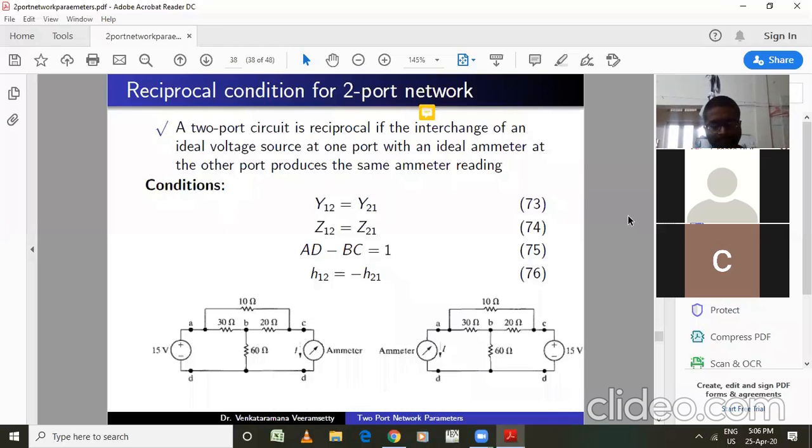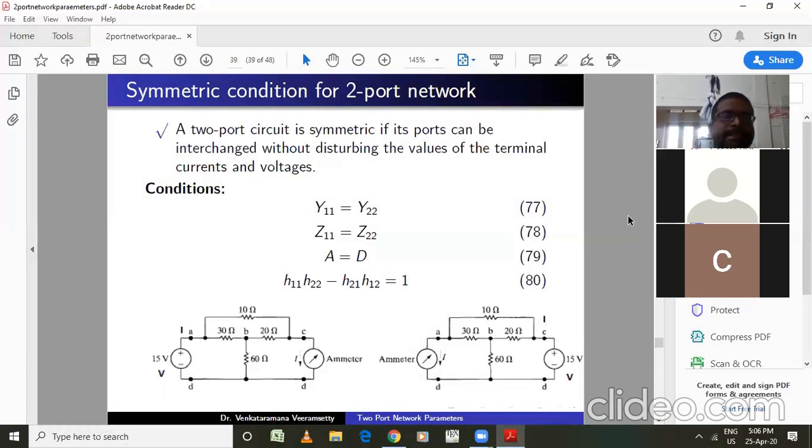So later we will discuss the second condition, that is the symmetric condition. Later we will discuss the second condition called symmetric condition. Okay, symmetric condition we will discuss now, right? So now